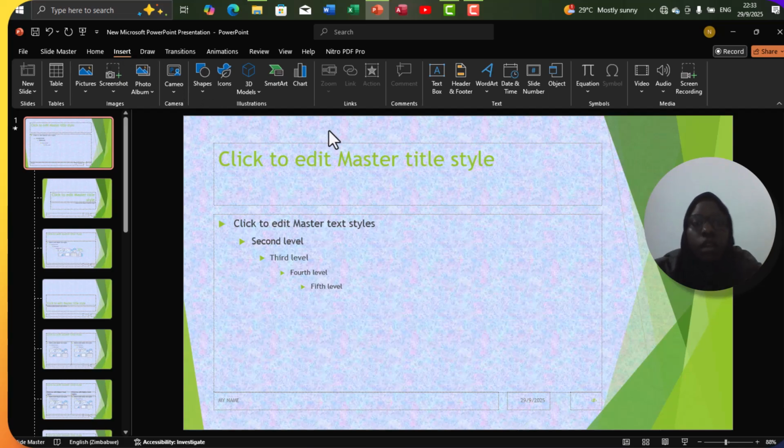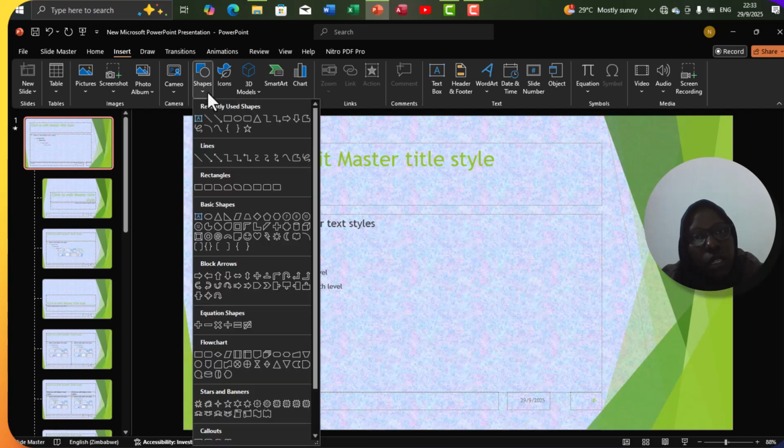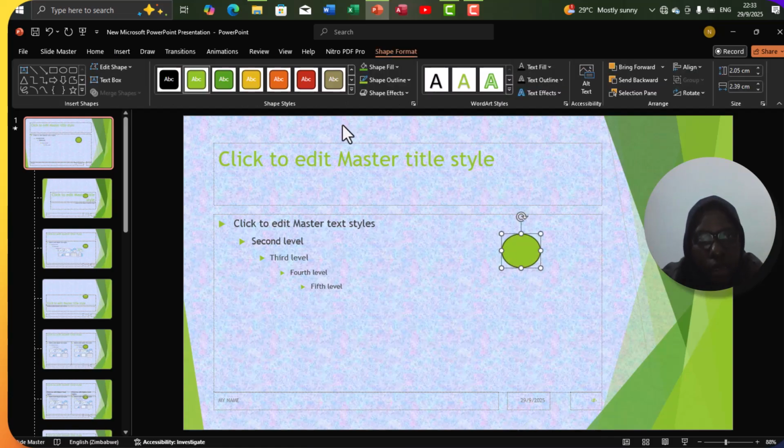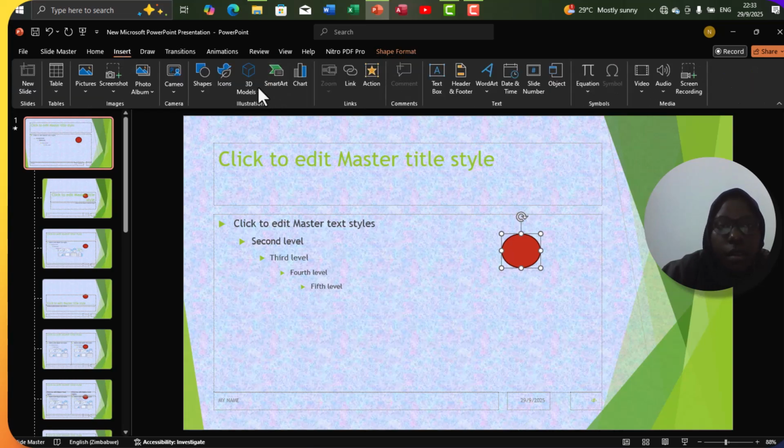In case you also want to add an image and you want it to appear on all your slides, you can still put it here, or a shape. Since you do not have images, you can use a shape. Maybe you want to put a circle, and you can edit it, and it will appear, or depending on the topic you're talking about. Maybe you're talking about computers, you can put an image of a computer from clip art and others. So when you go back,